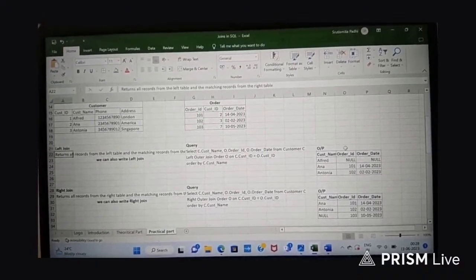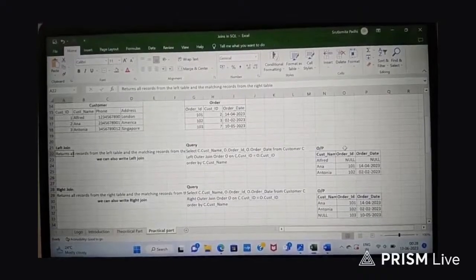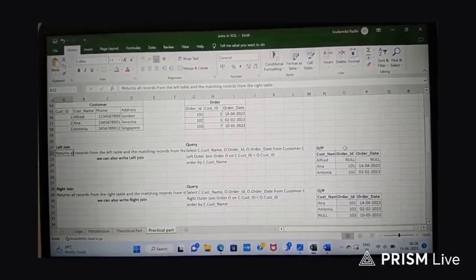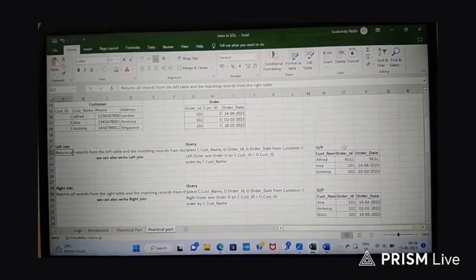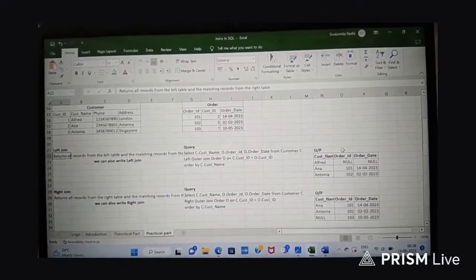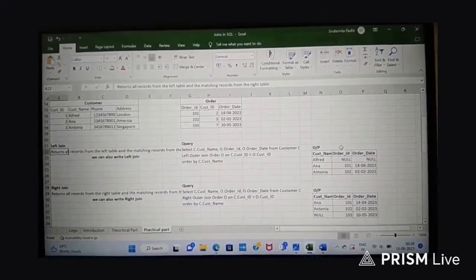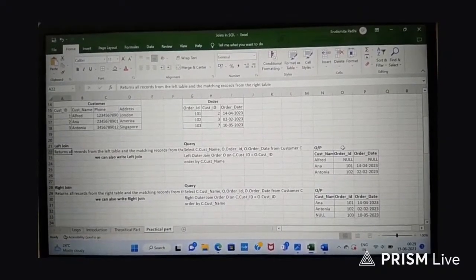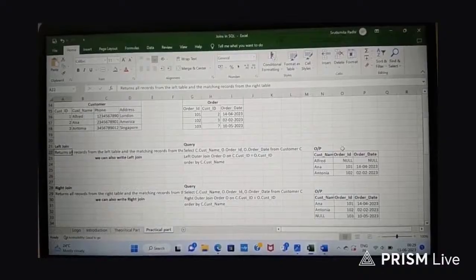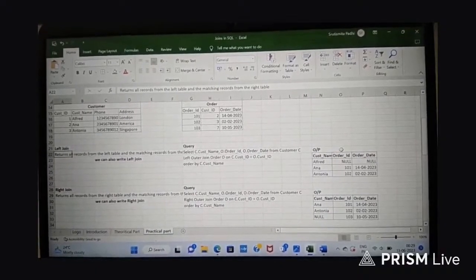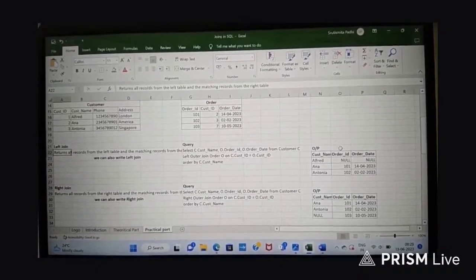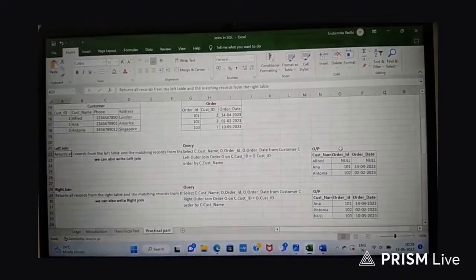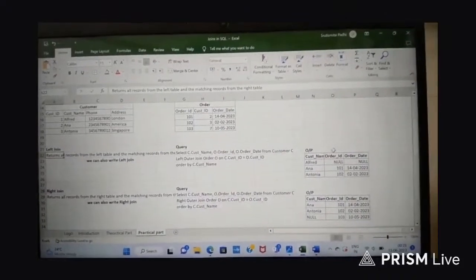But Alfred has not placed any order, so for that customer we see null values in order ID and order date, which is expected. All the records from the left table are displayed, which are Alfred, Anna and Antonio, and the matching records from the right table are displayed for Anna and Antonio. Alfred has no matching records, so we see null values.